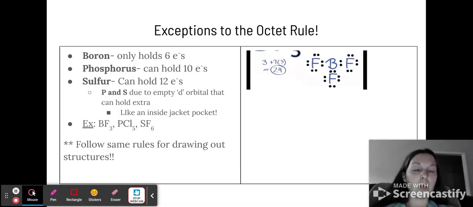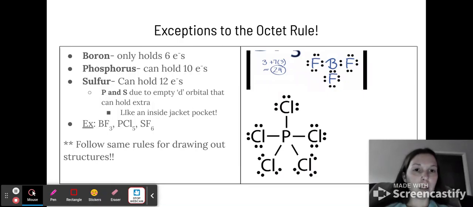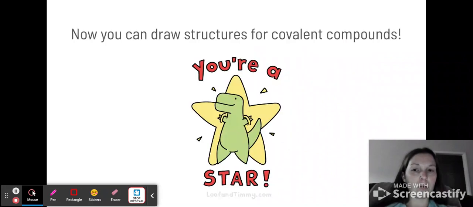I will say, when you're drawing out these structures on phosphorus and sulfur, you will end up splitting their lone pairs. So there's BF3, there's PCl5, and then here is SF6. So that's just a quick, it was a long video, but